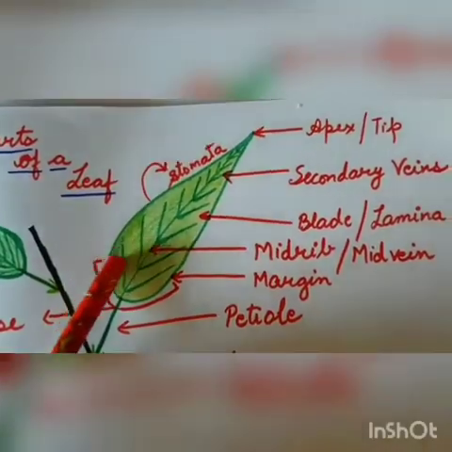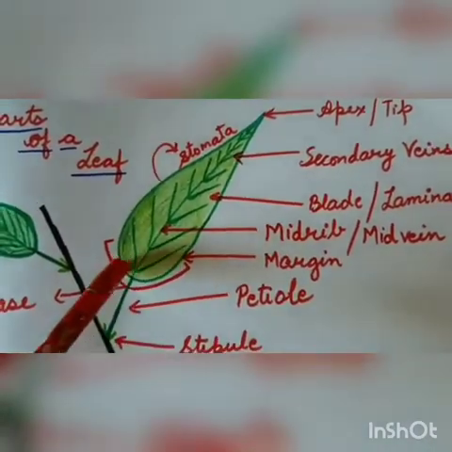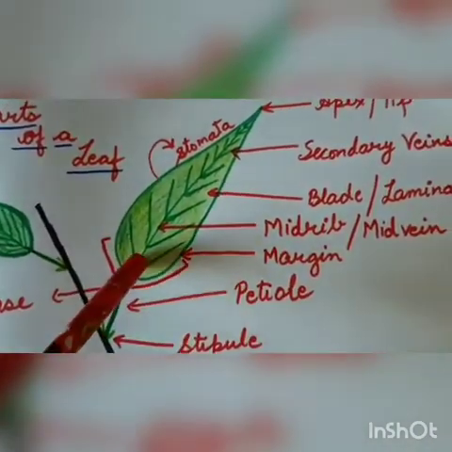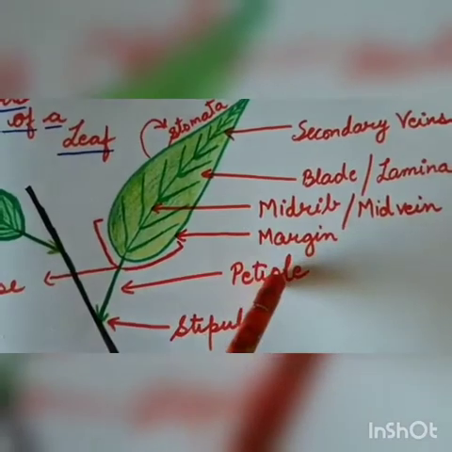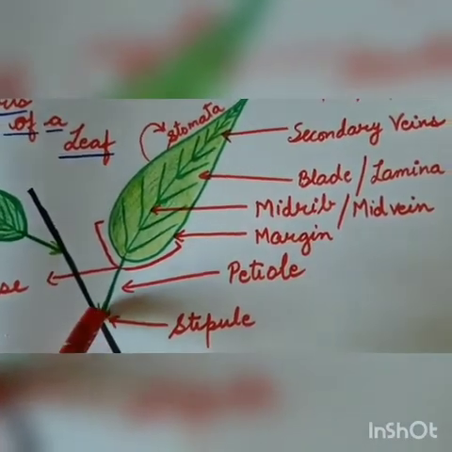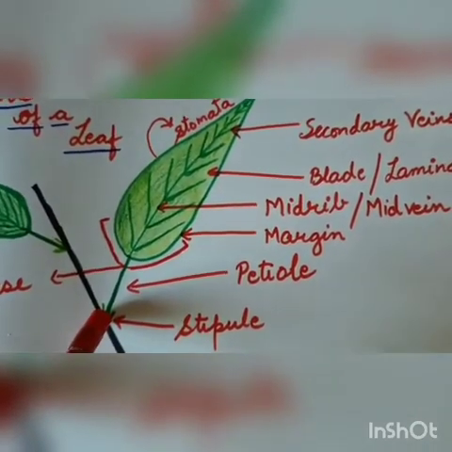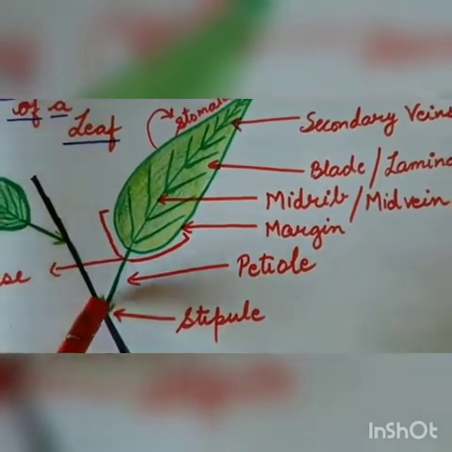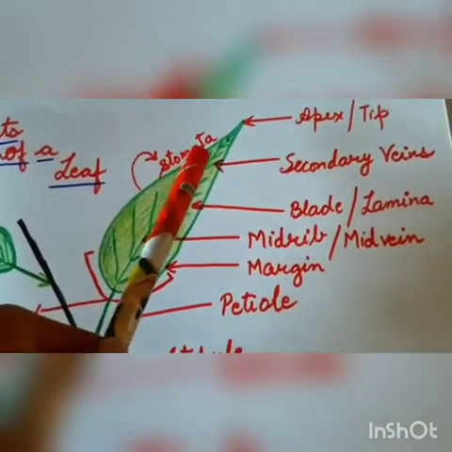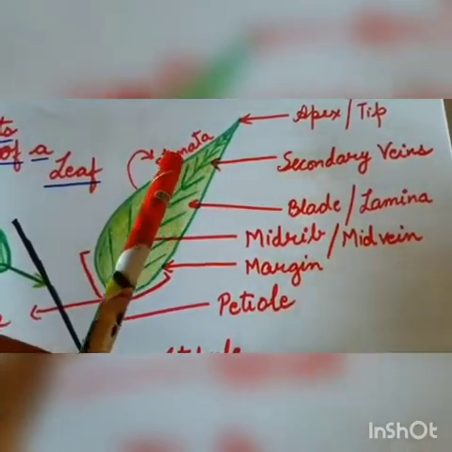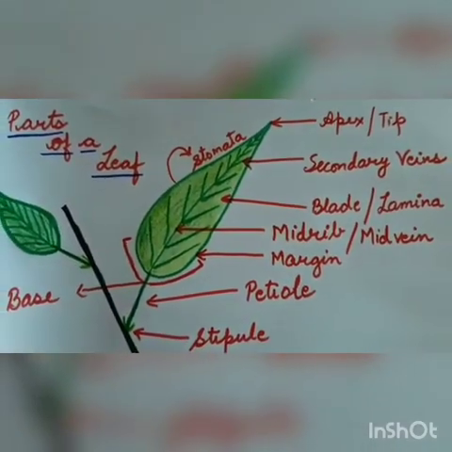Then we have the base of the leaf. The lower portion is called the base of the leaf. Then we have a stalk which attaches the leaf blade with the stem of the plant. This is called petiole. And sometimes you see a small flap-like thing growing at the point where petiole and stem meet; they are called stipules. And if you turn the leaf, you will find stomata. Stomata are so tiny that in most plants you can't see them with the naked eye. Right? So hope you have learned parts of a leaf.